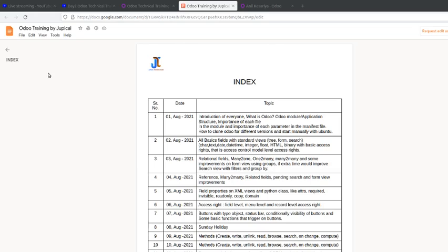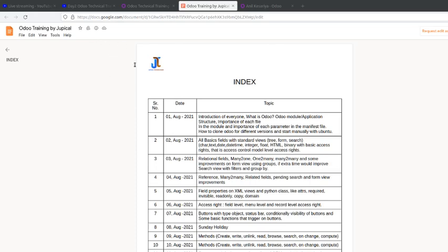Okay, and first of all we will go with the manifest file. In the manifest file, you need to put the data in dictionary format. If you know basic Python, you must know what a dictionary is. It contains values in key and value format.